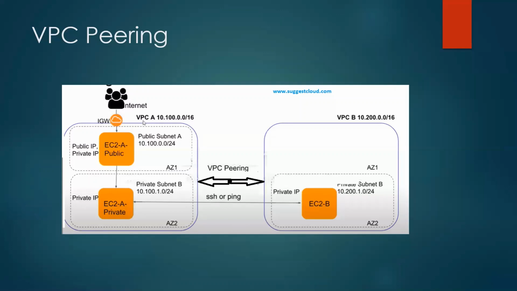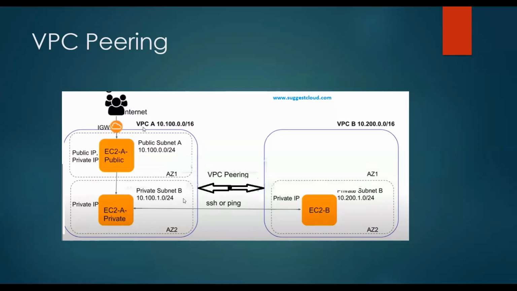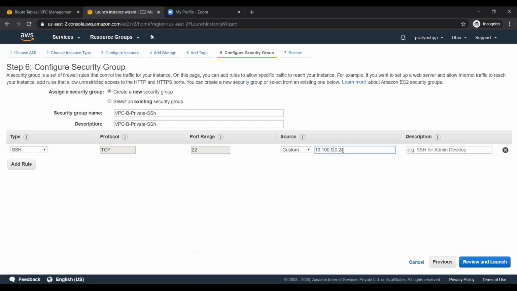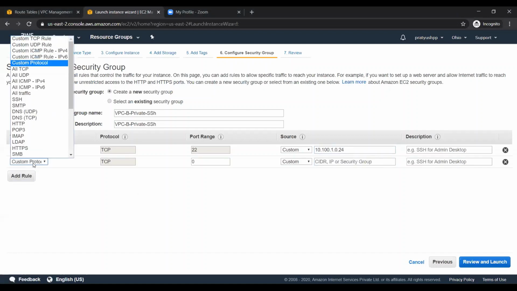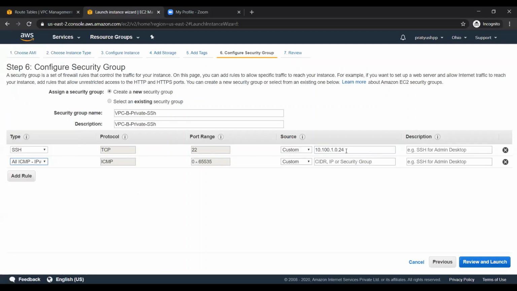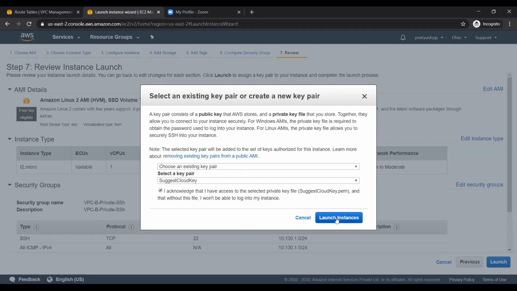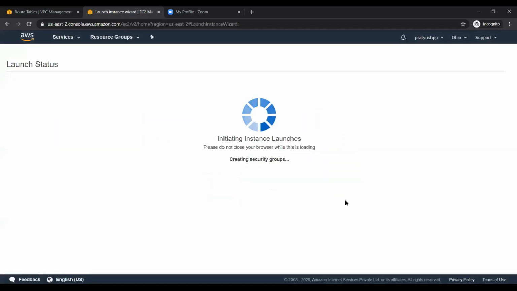For that reason only, I am giving the CIDR block 10.100.1.0/24. Now this is for SSH, and for ping we have to add all ICMP for the same CIDR block.